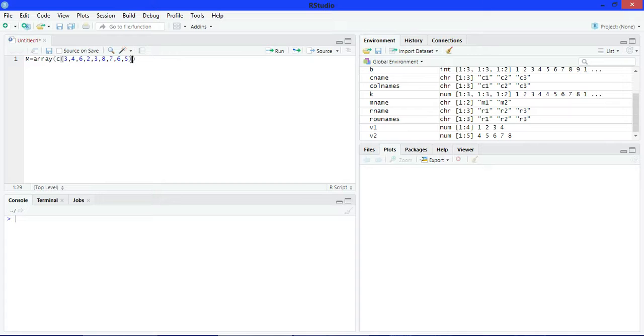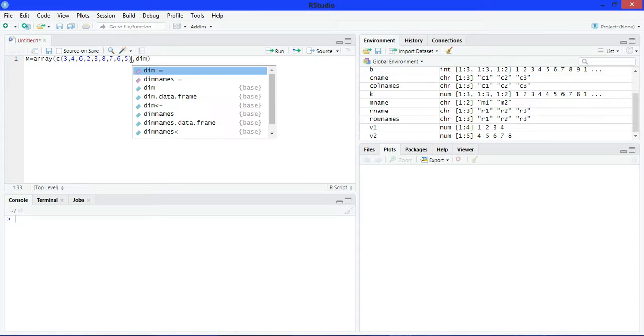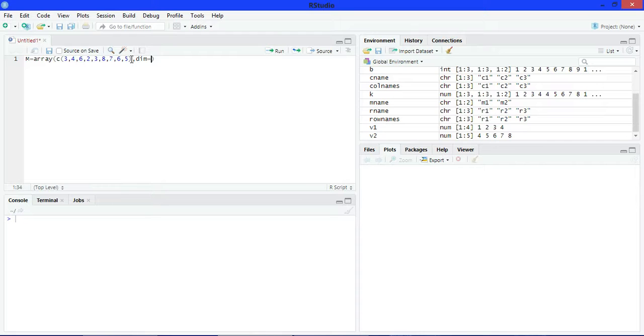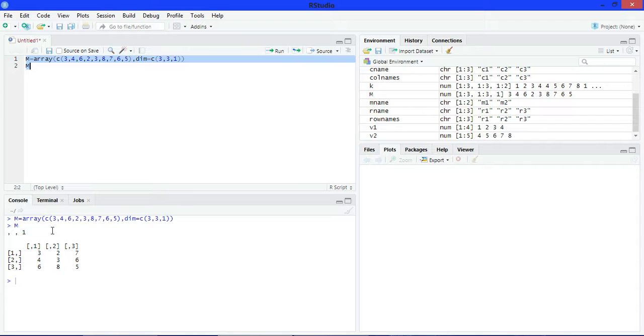Now write here dim: three rows, 3 columns, and 1 matrix. Now print m, run it. See, the output is an array with 3 rows and 3 columns.